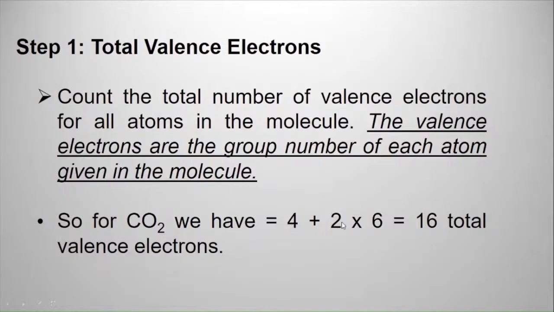So that would be 4 plus 12, which gives you a total of 16 electrons. So what you have right now in your total electrons is 16. This is the maximum number that you have. You cannot exceed it, and you cannot have less of it. The molecule at the end